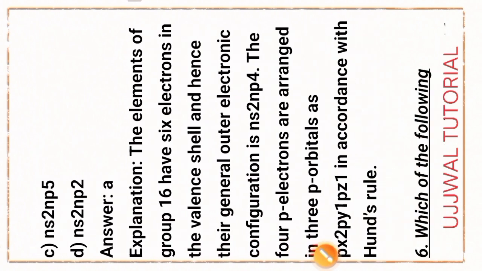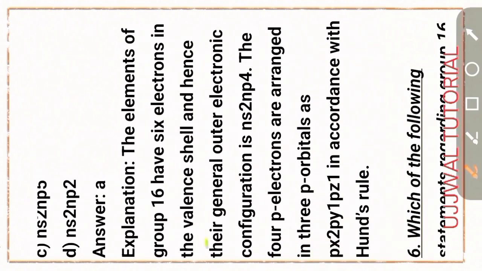To explain this part, the elements of group 16 have 6 electrons in the valence shell, and hence their general outer electronic configuration is ns2np4. The 4p electrons are arranged in p orbitals as px2, py1, pz1,